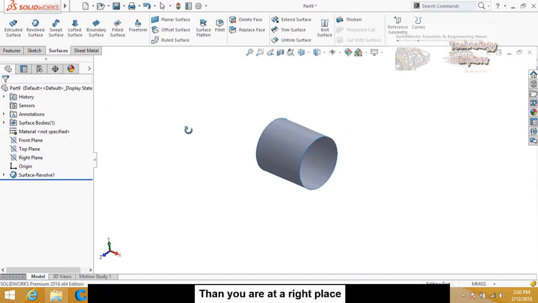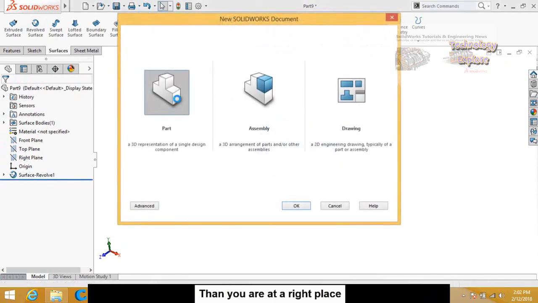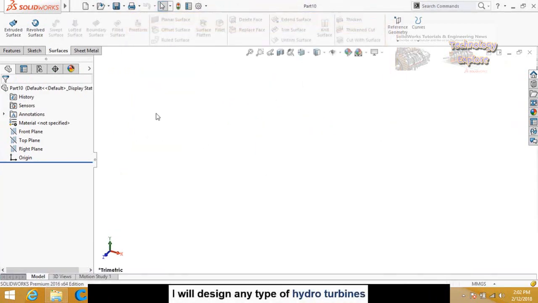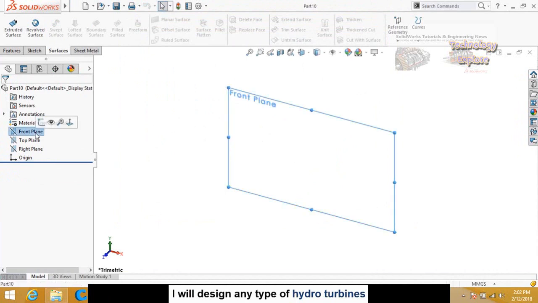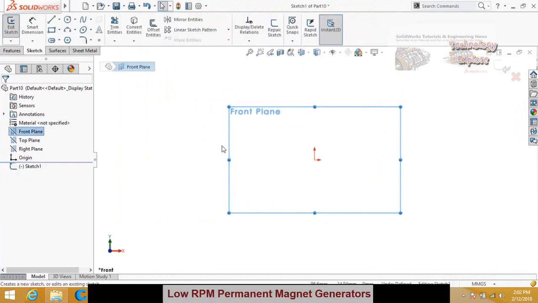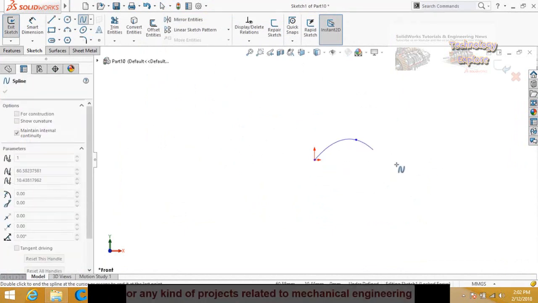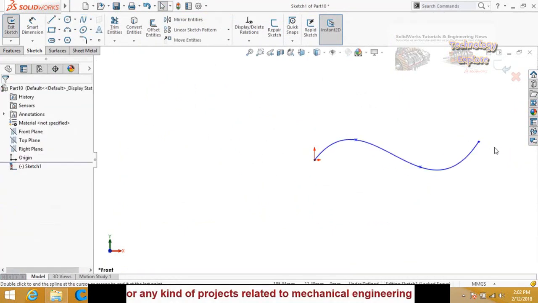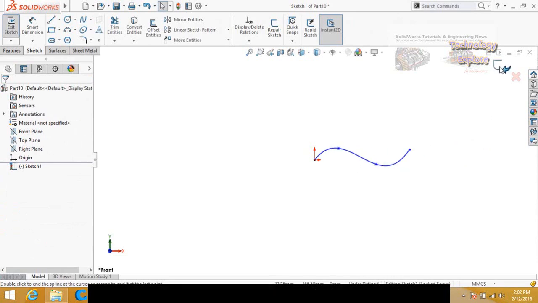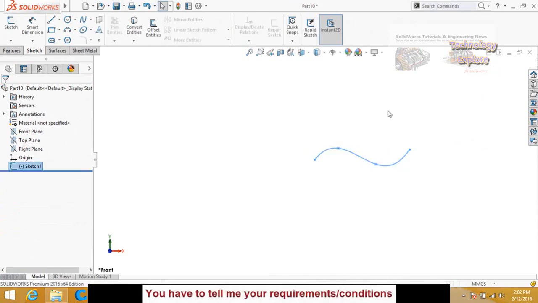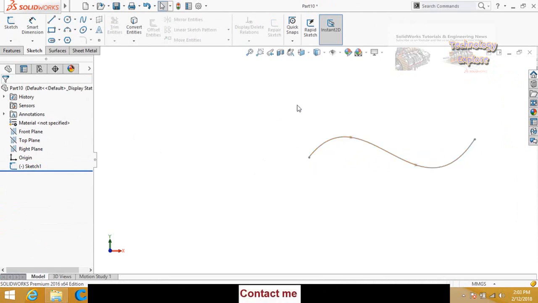Then we have swept surface command. So we need at least 2 sketches. So start from a new part again. Now draw a sketch on front plane and draw ellipse on this plane, like this. And then press this button to save and exit from sketch mode. As I told you, to use swept boss base command, we need at least 2 sketches. So this ellipse is our first sketch, and for another sketch we have to create a new plane.